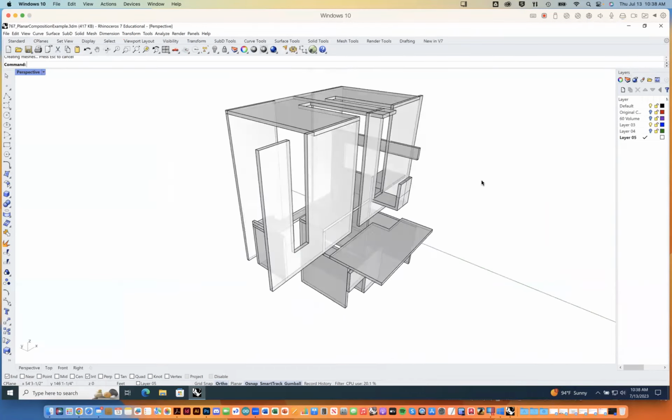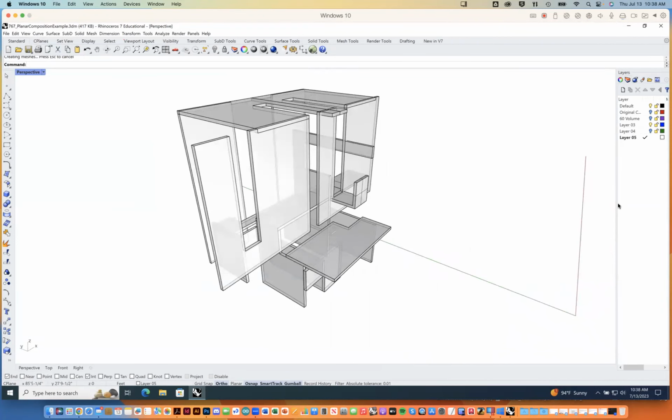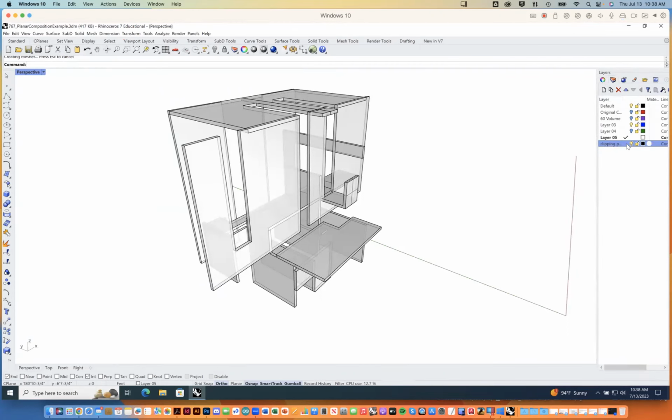Yeah, clipping planes. So ways to cut sections and plans. First of all, I'm going to create a new layer. I'll call that clipping planes. I'll just make a layer for various clipping planes here. I think it's set to be black in color, so we'll be able to see this stuff. All right, and so in perspective mode,